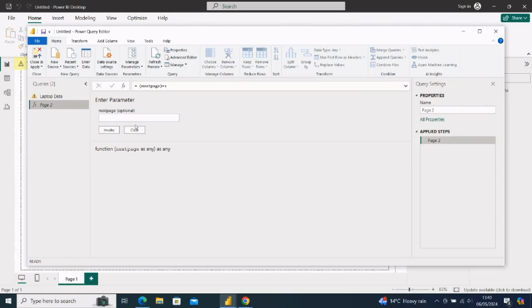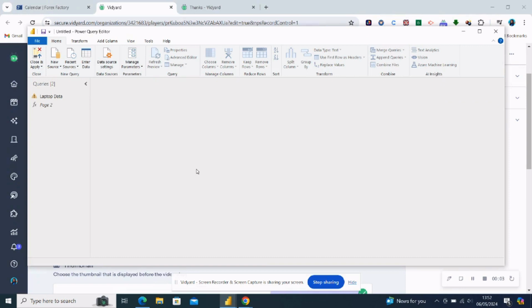Okay. Now, once you click on that, you'll see that it's converted our page 2 to a function, right? Because we want to call it. So if you give page 2 here and invoke, it will show you page 2 data. If you click on page 3 and invoke, it will give you page 3 data. If you give number 5 here and click on invoke, it will give you page 5 data. So to be able to get data for our other pages, which is page 3 to 5 now, like I said before, we're going to iterate through all of the pages. So how do we tell it that the next page now will be page 3, and then after that page 4, and then after that page 5? So all you have to do is